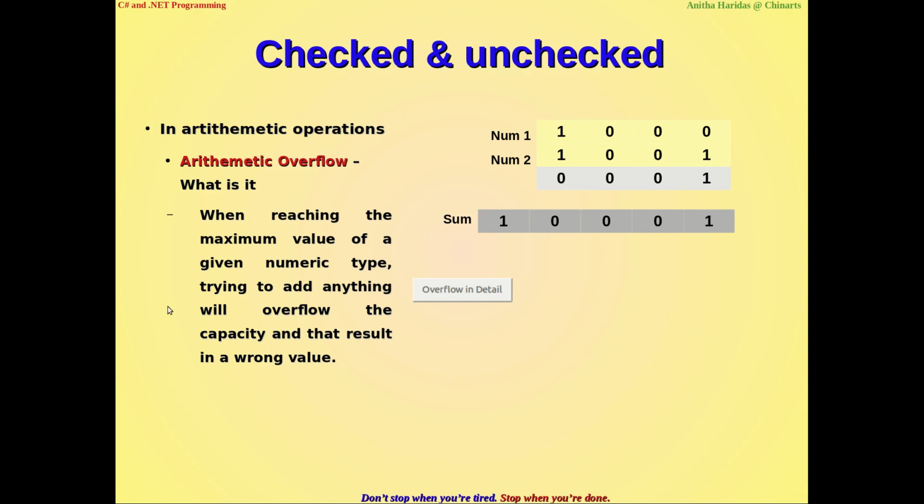Yes, so this is what we have seen. You can see here, when I try to add larger values, it must produce 1001 as the result. But since the capacity of the register is only 4 bits, it is not showing you this as the result, but it is giving you a wrong value. The result will be wrong because there is an overflow in the capacity of the register. So this is what you call arithmetic overflow.